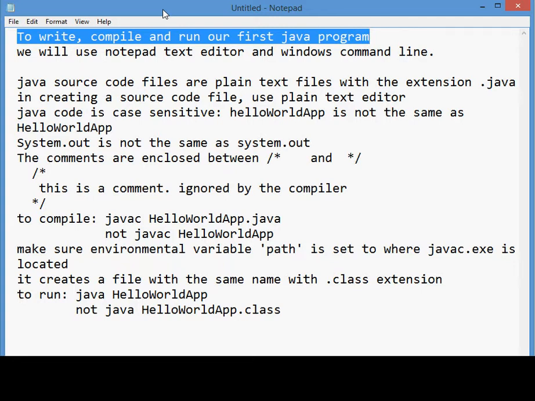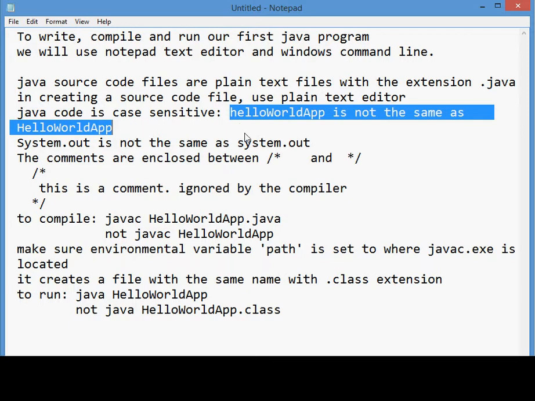Therefore, in writing a Java source code file, you should use a plain text editor like Notepad or Notepad++, but not a word processor like Microsoft Word. Second, Java code is case sensitive. HelloWorldApp is not the same thing as helloWorldApp with a small h in the front of the file.